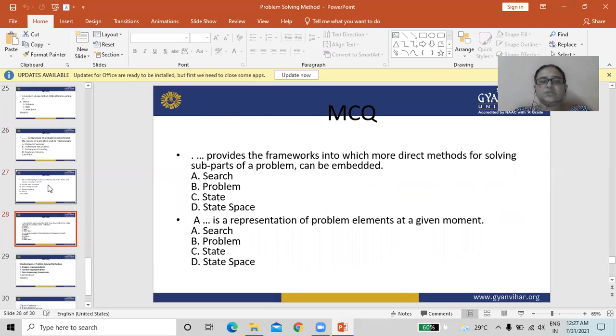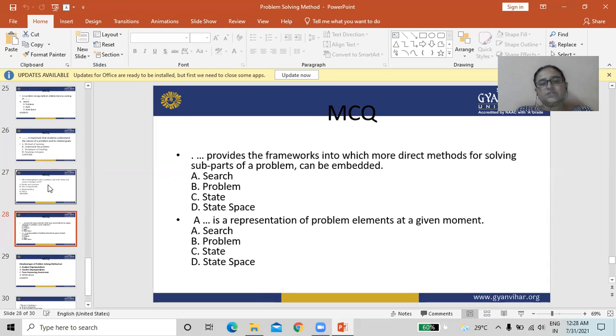Choose the appropriate answer. Fill in the blanks: it provides the framework into which more direct methods for solving subparts of the problem can be embedded. Option A search, option B problem, option C state, option D state space. Choose the appropriate answer.